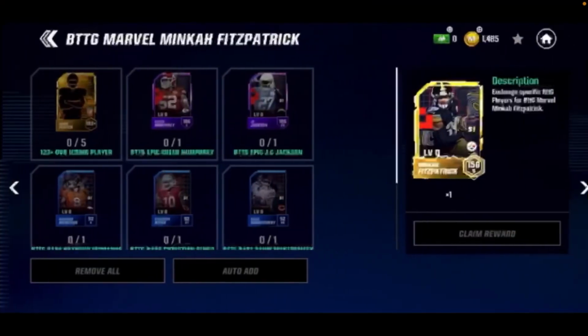This right here is going to be the 150 overall Marvel players. Now this of course is going to be the most overpowered card in the game. I believe it said every single month they're going to release a 150 overall Marvel player, and this month it's going to be Minkah Fitzpatrick. Now as you guys see, very expensive to complete, probably not worth it at all to complete. Even if you're spending a little bit of money or buying the field pass, it's probably not worth it